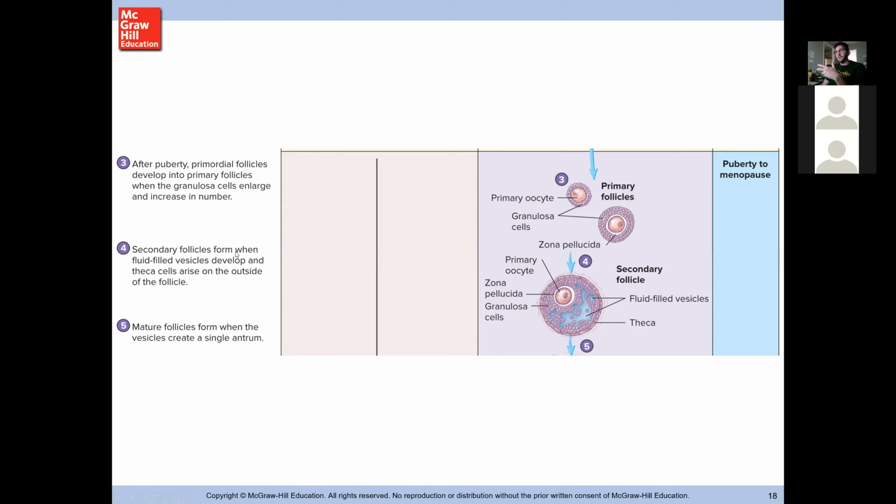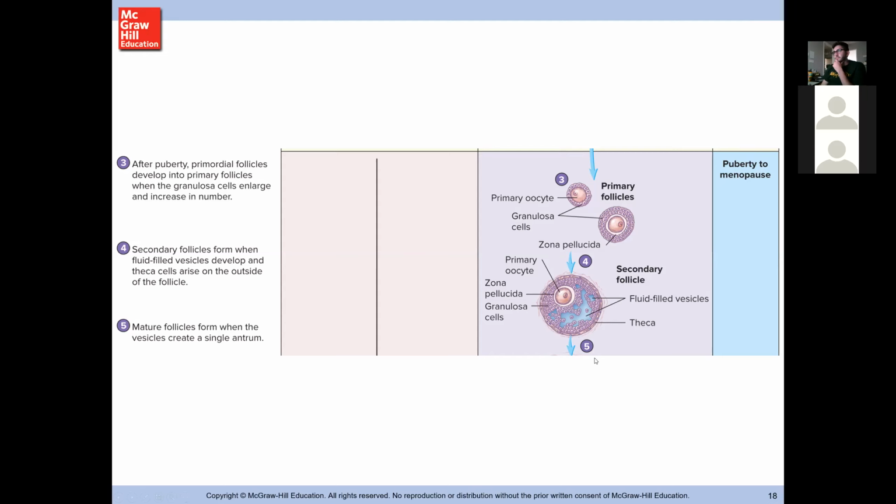So a secondary follicle forms when fluid-filled vesicles develop and the theca cells arise on the outside of the follicle. So the theca cells are out here around the outside of the follicle, and then the fluid-filled vesicles form here. Okay? And the mature follicle forms when the vesicles all unite and create a single fluid-filled cavity that we call